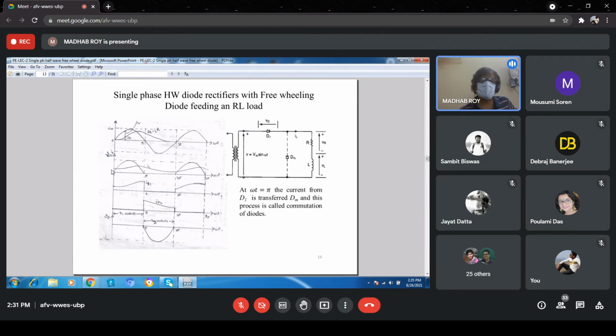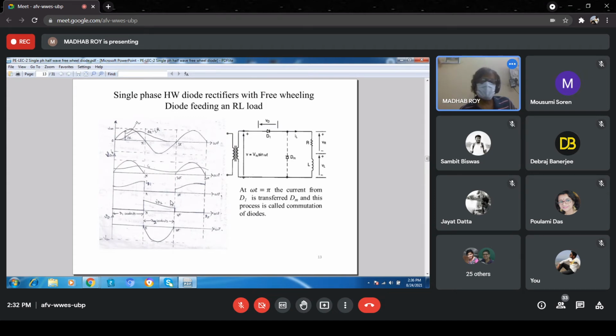And so thus we can see that here we have this type of constant current without any discontinuous current. Earlier there was a discontinuity of the current from 0 to pi, 2 pi, but here you can say that from 0 to 2 pi, a continuous distribution of the current can be achieved.